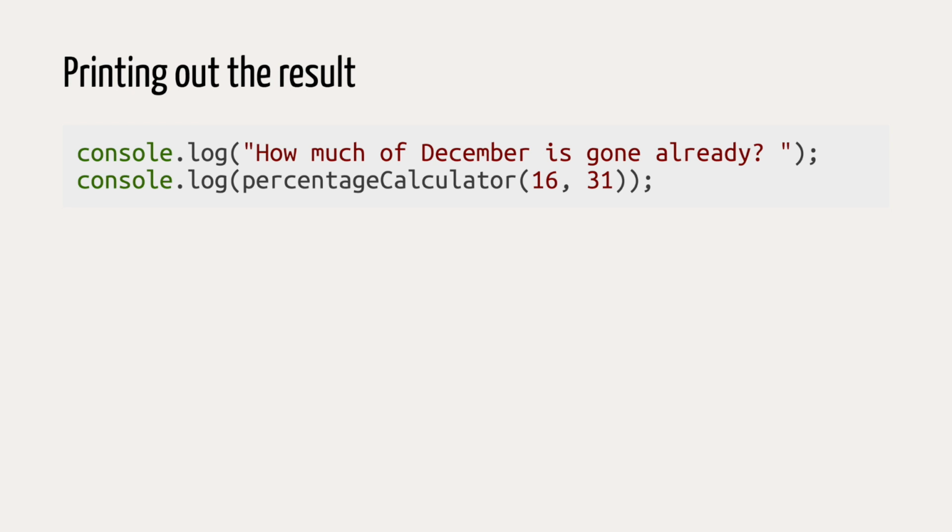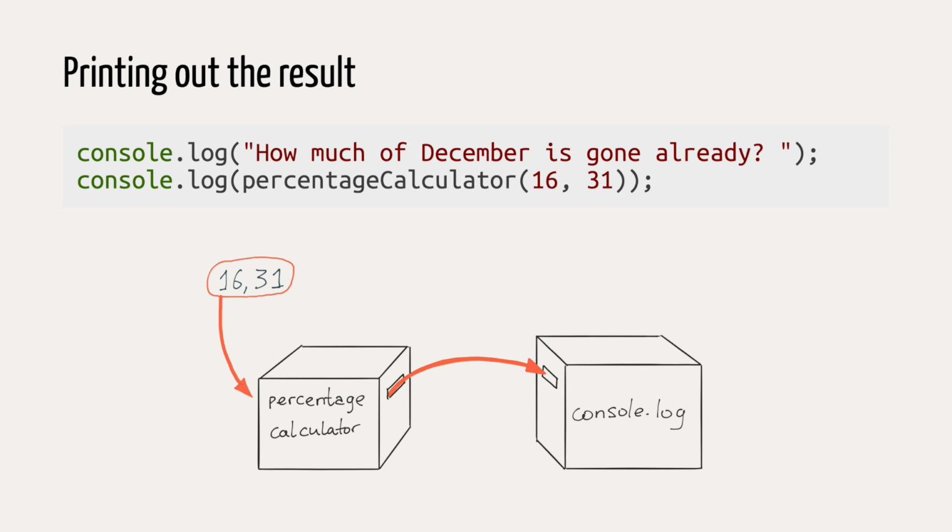And the second important point, function calls can be arguments for other functions. Console.log is a function. This is why we have brackets when we use it. Console.log function takes an argument and prints it on the screen. We put the function call as the argument. Our function was called first, then the result was returned, then console.log was called with our result as an argument, and it got printed.